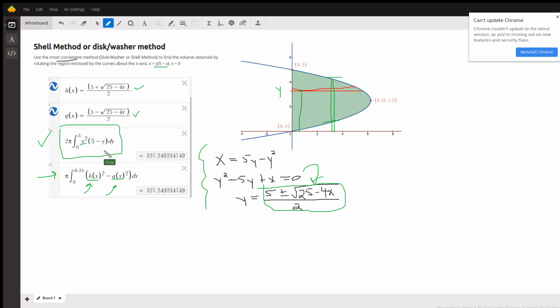Okay, and I'll leave it to you to find the antiderivative and get an answer in terms of pi, but hopefully that explains why the shell method is more convenient